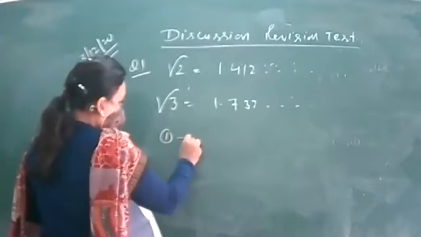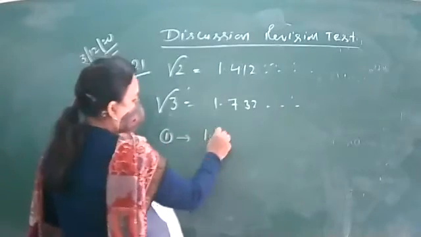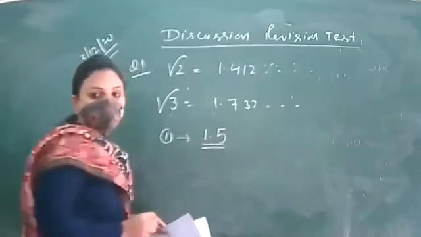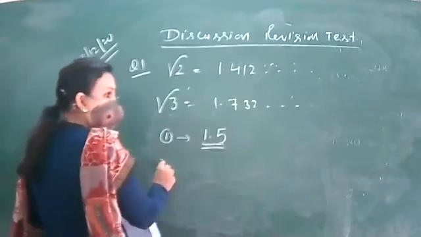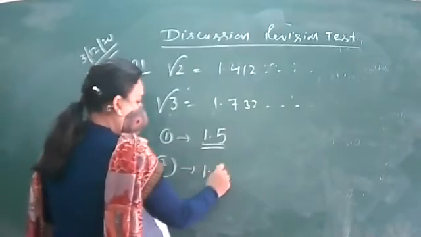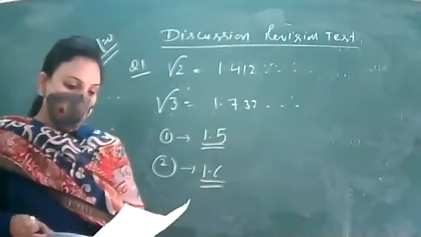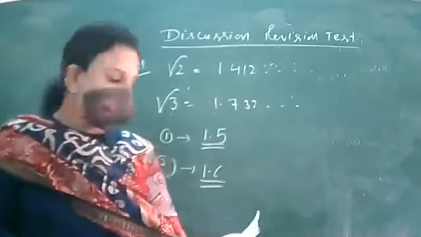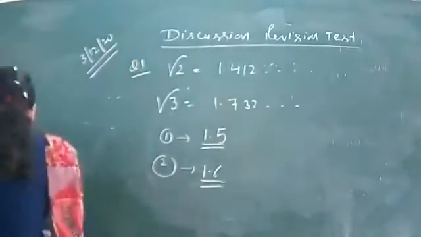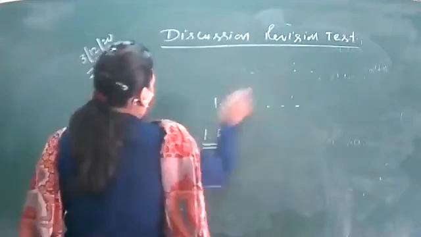So two rational numbers we have to write. First I am writing 1.5 with terminating decimal expansion, and second I am writing 1.6, that is also terminating decimal expansion, right? So this is the solution of the first question. Check side by side. Second question was